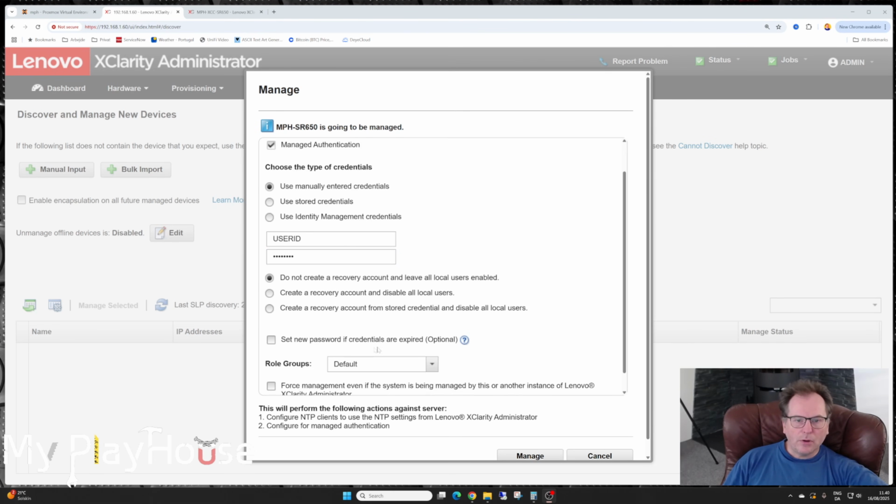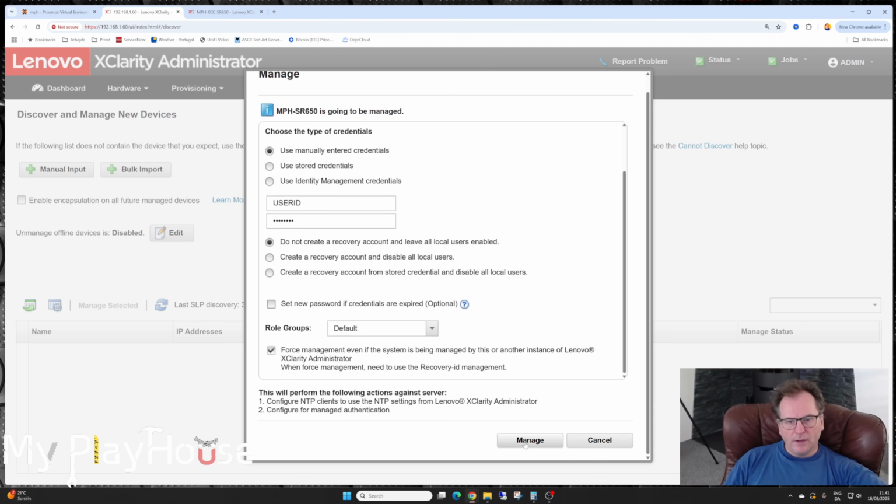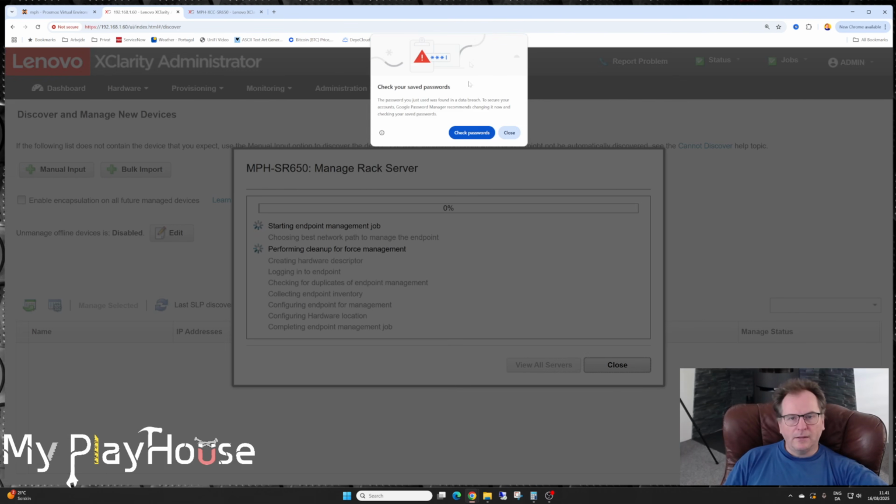Set new password. No. And then we have this one, force management, even if the system is being managed by another instance of. And that's a good idea for me, because I never threw this server out of the previous. I had the Lenovo XClarity Administrator running on the VMware, and that is actually still on this server, but I'm not going to be running it on the VMware anymore. So I want to say that it can throw it out of that one and put it in this new one. So we want to do that, and then we'll go and say manage here, and it comes up with